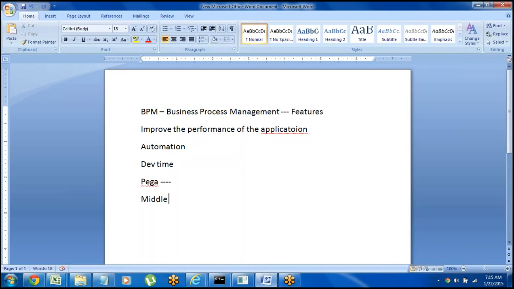There are some other tools available in the market, but they are used as middleware tools. They are not used as development tools. But Pega has middleware functionality inbuilt.